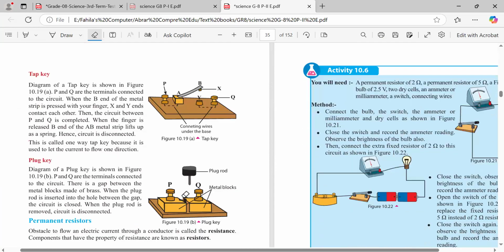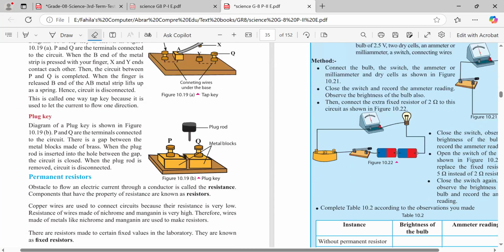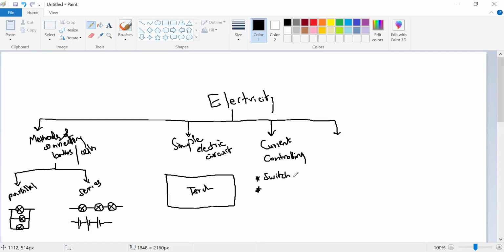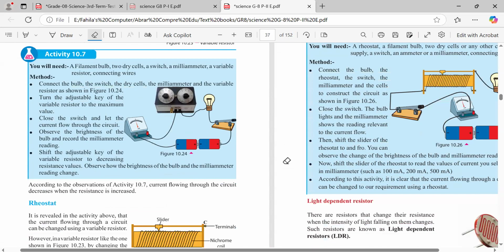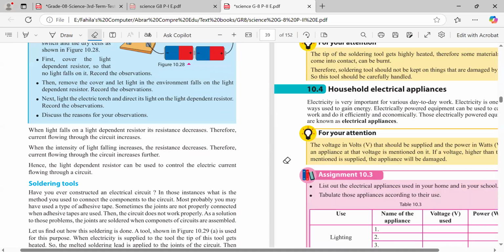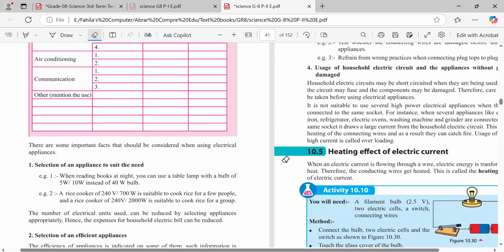And what else did we learn? There's something called the tap key, the plug key. So keys will go under here. Then you have something called what? The main one, resistors. They could be many types: variable resistors and permanent resistors. Switches could be either keys, tap keys or plug keys. Okay. Then comes the main part, where you are going to learn about household electric appliances, where you'll be learning about